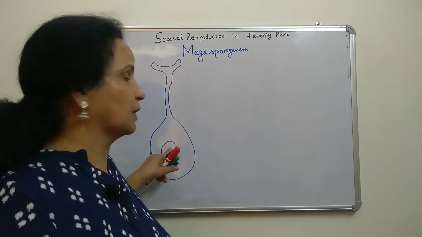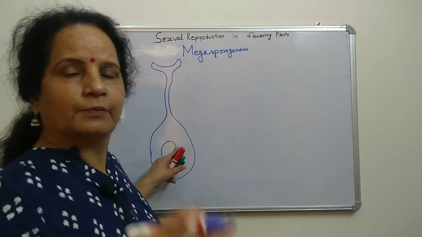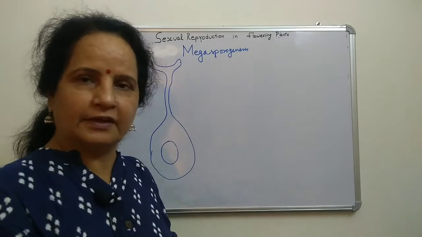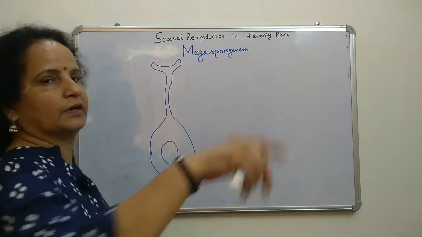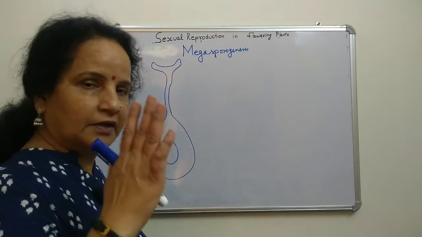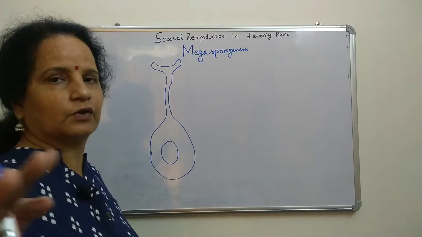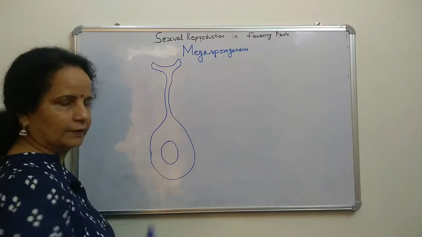That depends on the number. If only one ovule is there, it means only one seed is there. If there are 2, 3, you can count how many seeds are inside the fruit and tell how many ovules there are. The number of seeds is equivalent to the number of ovules. So here it will be 1.